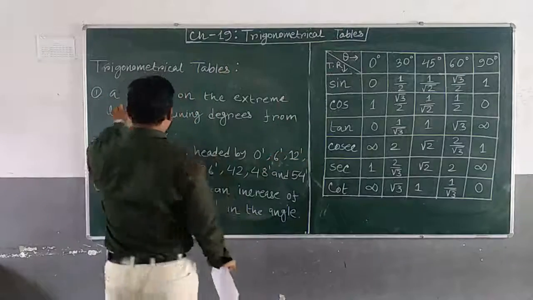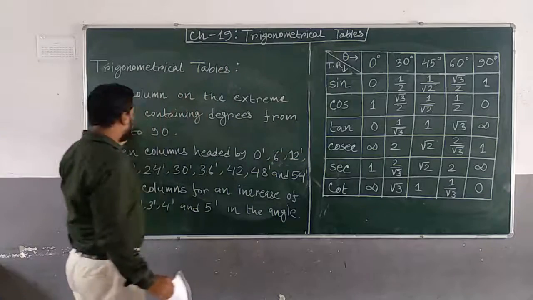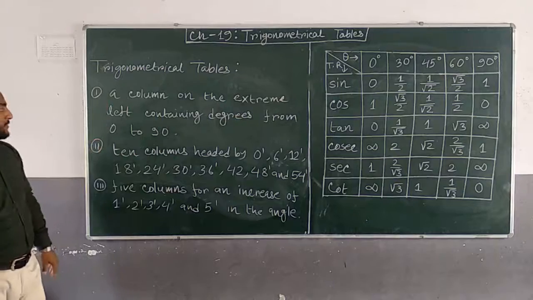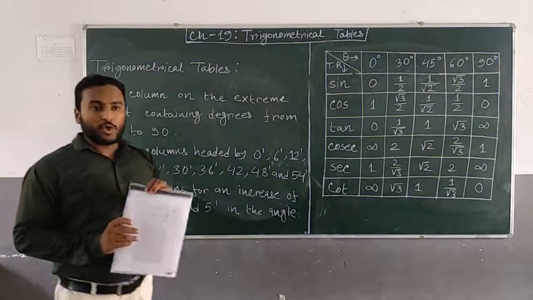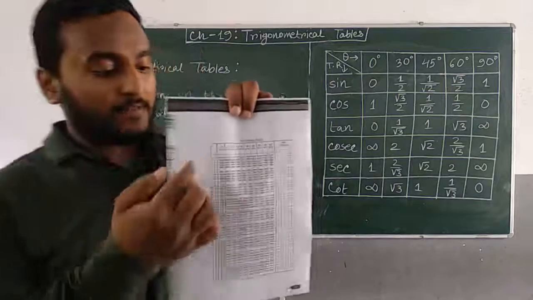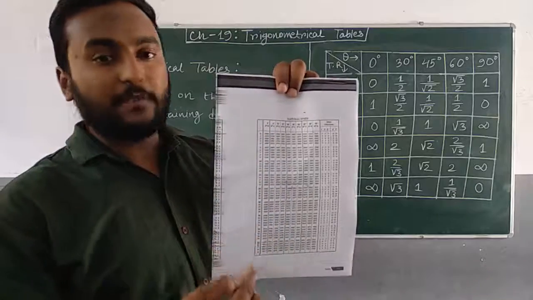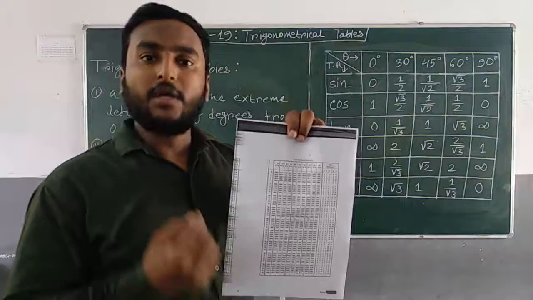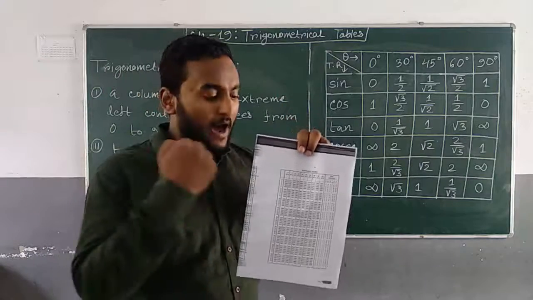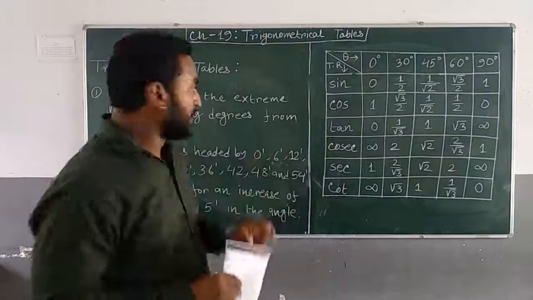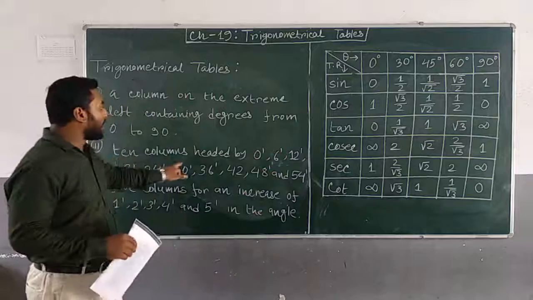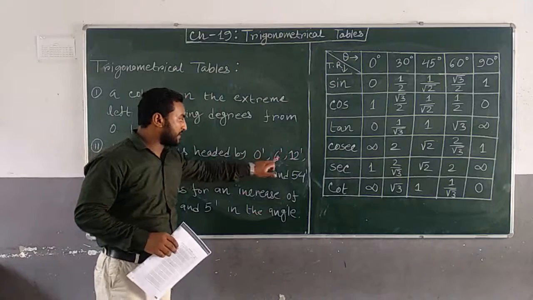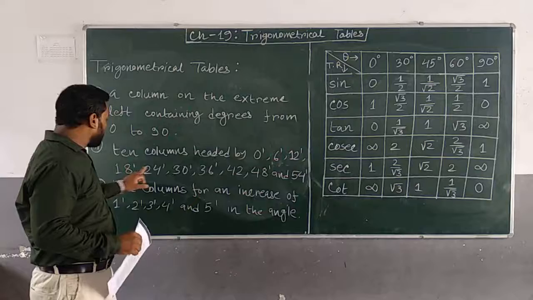So there is a column on the extreme left containing degrees from 0 to 90 degree. After that, the second part: 10 columns headed by 0 degree, 6 degree, 12 degree, 18 degree, 24 degree,